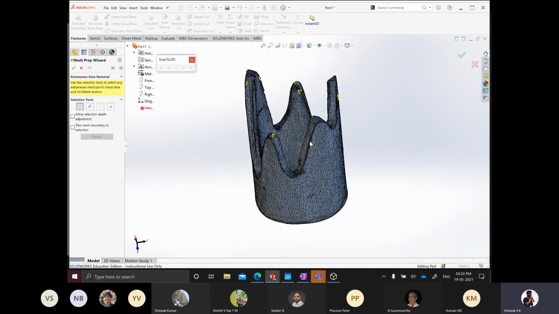And this will take some time because the number of points it has to calculate is high here. So let me just pass through this point. The options here are that you can have a lasso select, so you can select one particular square and it will collect all the cloud points inside that, and you can click delete to delete those points. Let me give you one example only. This is slow because the number of points here is high, so it will take some time for my computer to process it.